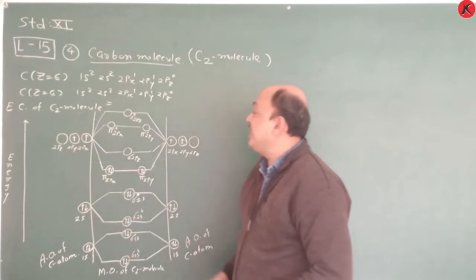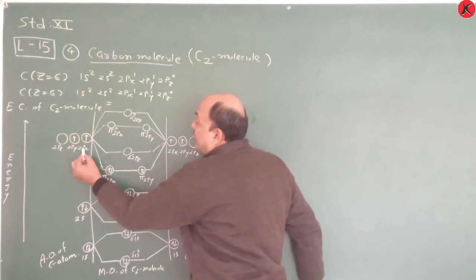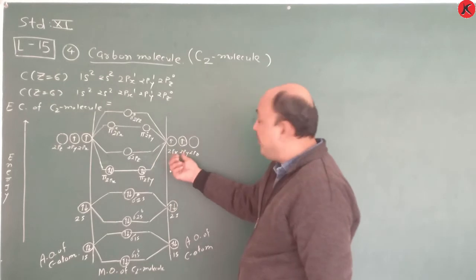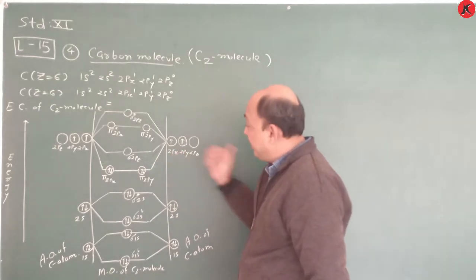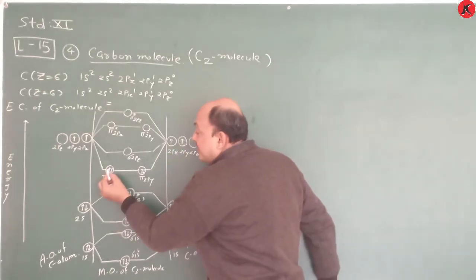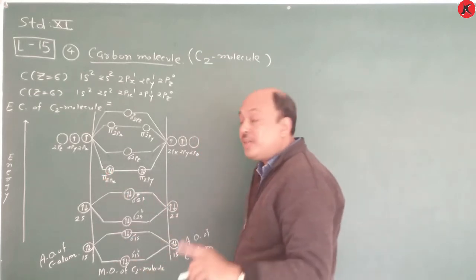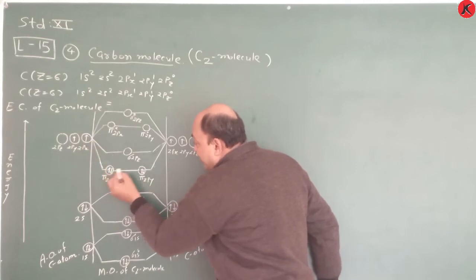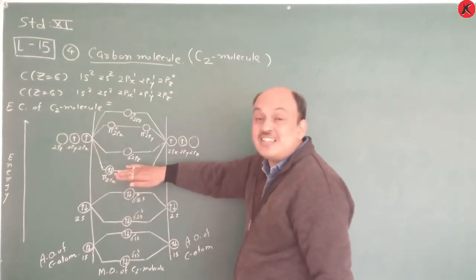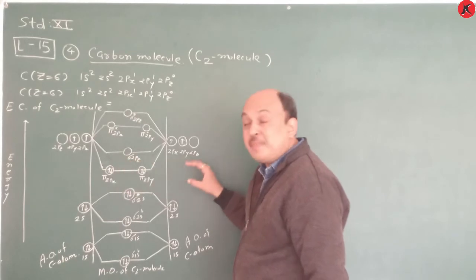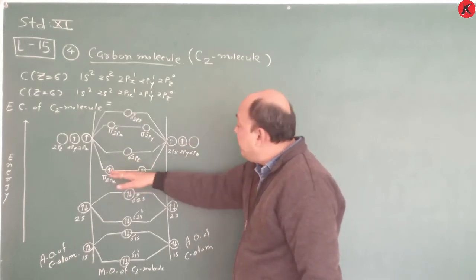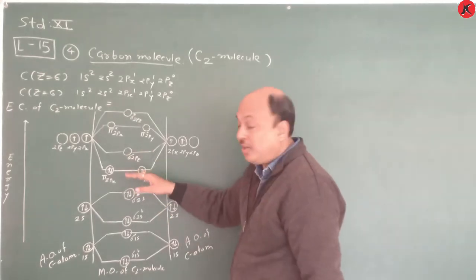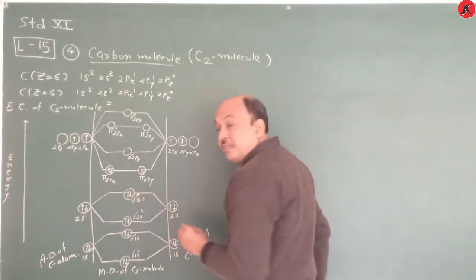But now see here, in the 2px orbital 1 electron is there, in the 2py orbital 1 electron is there. So first of all, electrons are filled just like Hund's principle, you note this one. First of all, electrons stay unpaired, and then another electron is also there. So first of all, this pi 2px and pi 2py have the same energy, they complete their filling of electrons. Accommodate their electrons in the particular pi 2px and pi 2py orbitals.